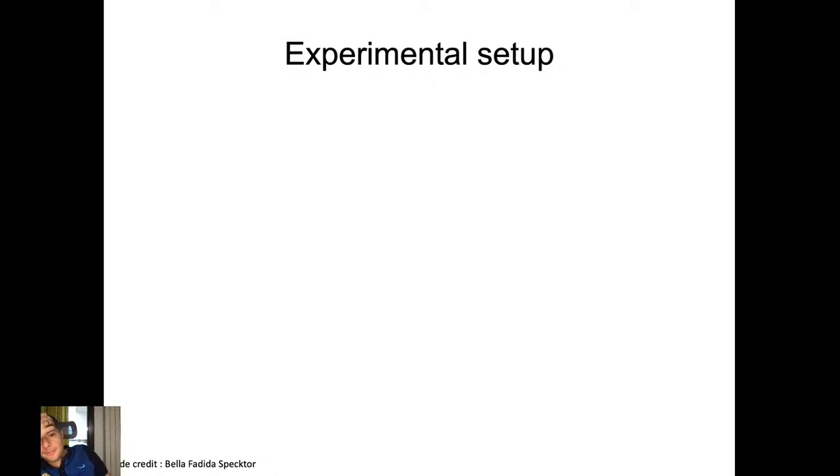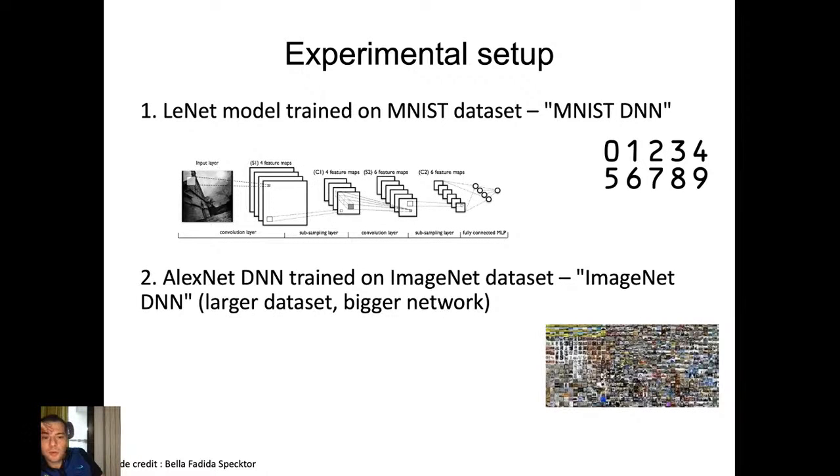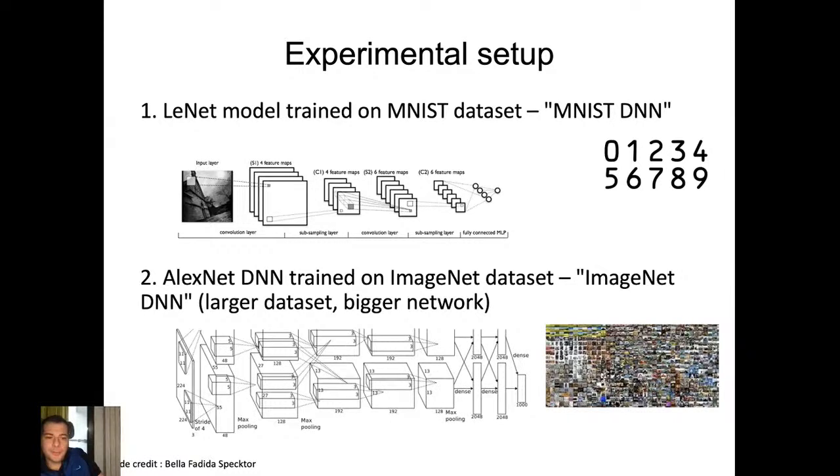Okay, so yeah, this is the paper that we want to present. I just used this presentation because it was very nice, and you can get the gist of the paper from the presentation. So what they did in their experimental setup, they used a LeNet model on MNIST, and they also used, as in the previous paper, an AlexNet model trained on ImageNet. So they have results on the MNIST and ImageNet with these two neural networks.